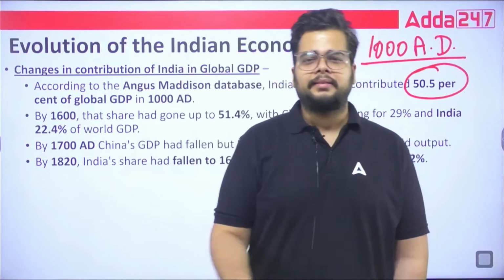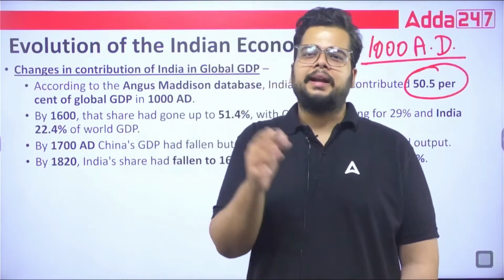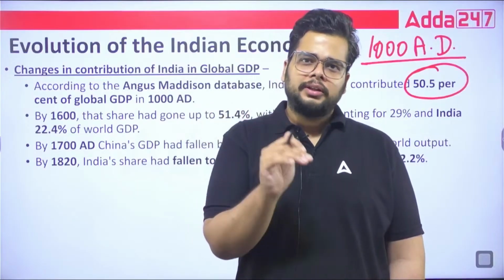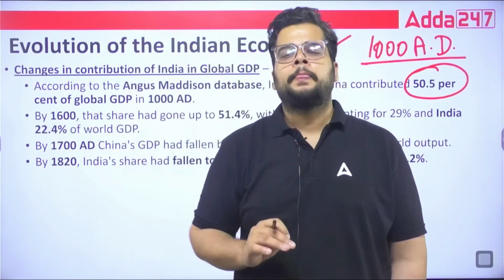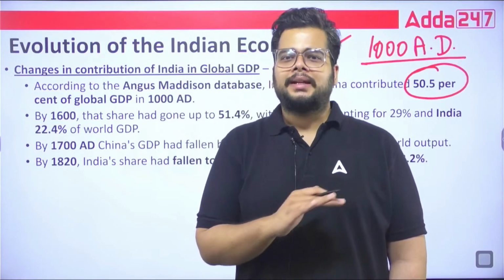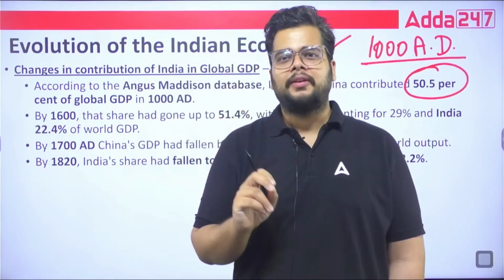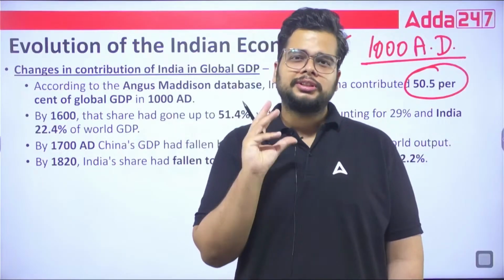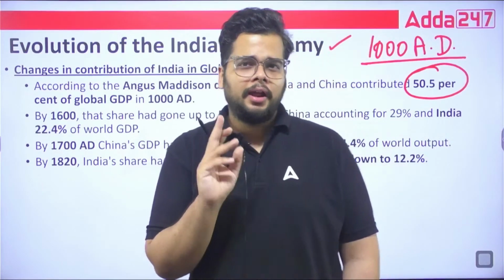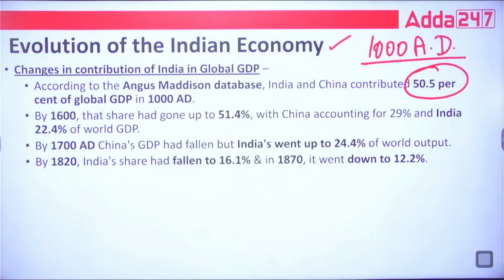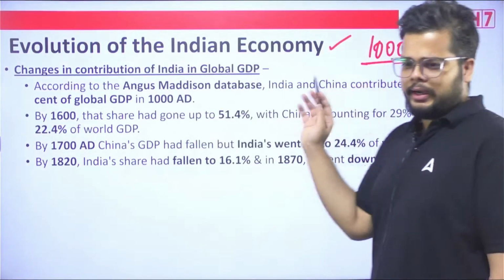Do remember that when we are discussing the data points, do not try to remember them in isolation. Always try to retain the trend, that whether the GDP was rising or it was having a slowdown, whether the GDP numbers are stagnant or they were growing at a good pace. When we talk about 1940s, what was the trend? That is very important. Not only data point, but once you remember the trend, you will make sense out of most of these data points.